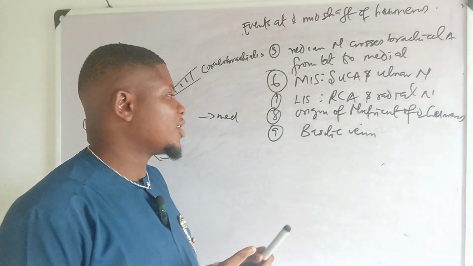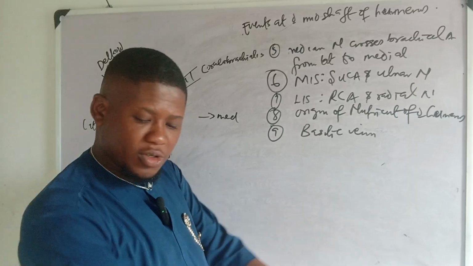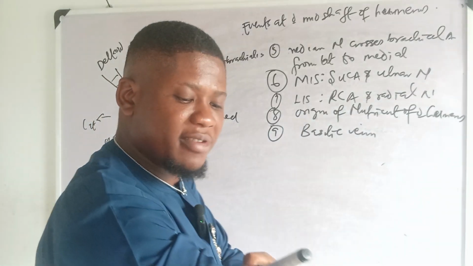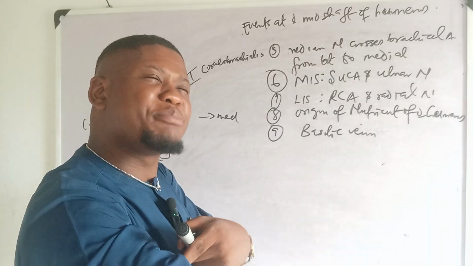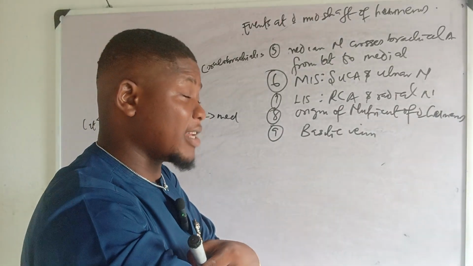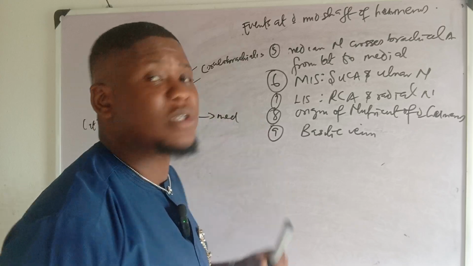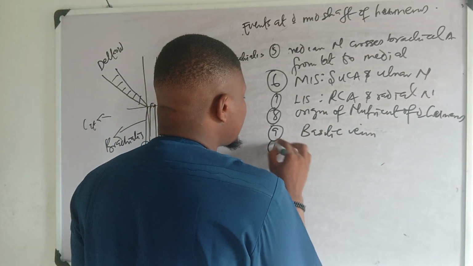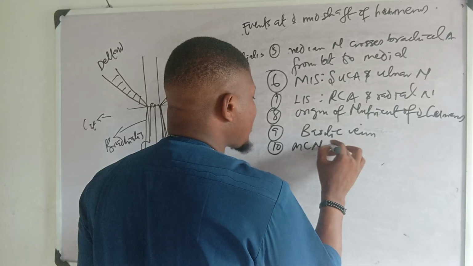The mid shaft. So it pierced the deep fascia. Do you know this basilic vein that you see in cubital fossa here is a superficial vein, but when it reaches the mid shaft, it pierces the deep fascia of the arm to continue as what? Axillary vein. Then number 10 is that medial cutaneous nerve of arm